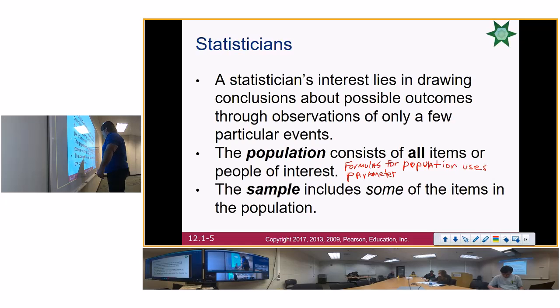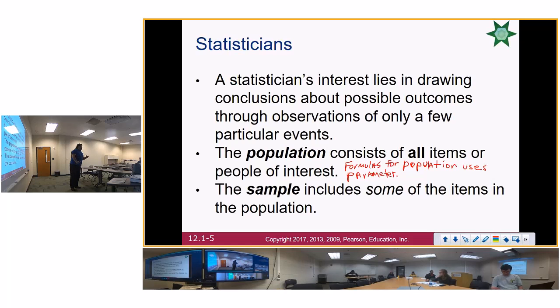In algebra, what did you call a letter used in a formula? What did you call that? Started with a V. A variable. Well, in statistics, it's kind of like when statistics was invented, they wanted to make a real important math out of it, so they started using big words, okay? So instead of using variable that you used all the way up to Algebra 2 and Calculus, we're going to call it a parameter. And you're going to find out that a lot of things in statistics is the same thing that you learned in algebra, only it's got a fancier name.